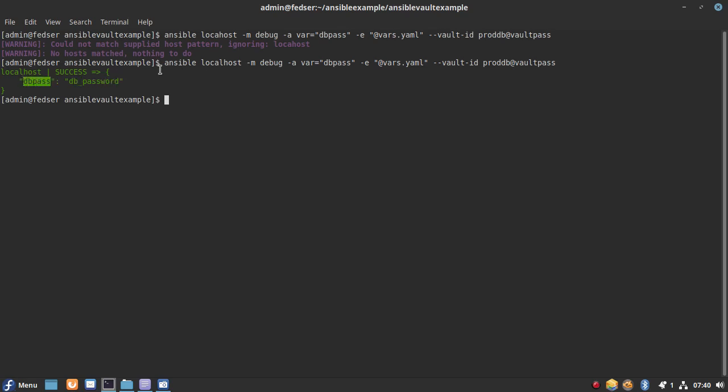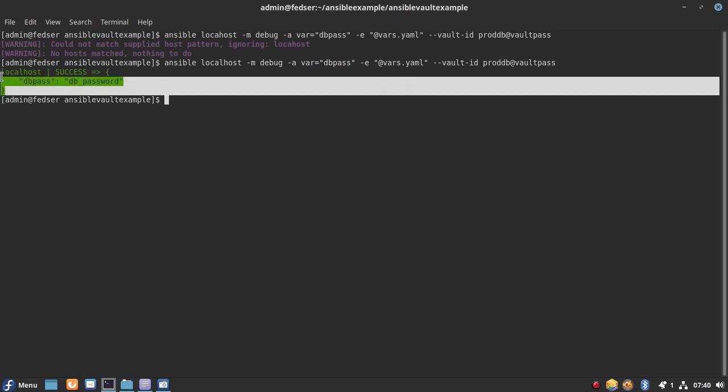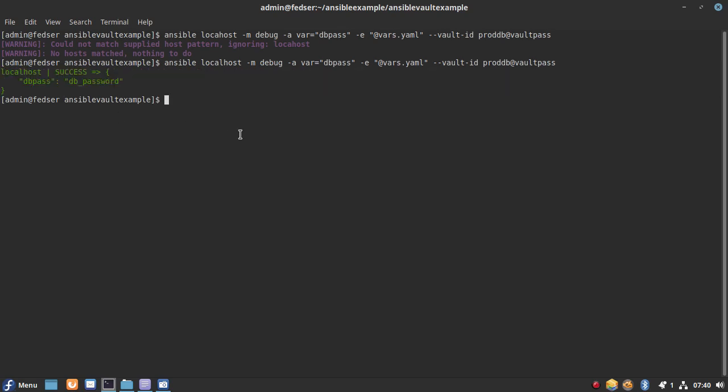Right now we have used the debug module to decrypt the variable db pass, which is using a vars file which has the encrypted content, and we are able to fetch the decrypted data. So this is how we can utilize the encrypted vars data in the modules and decrypt the content.